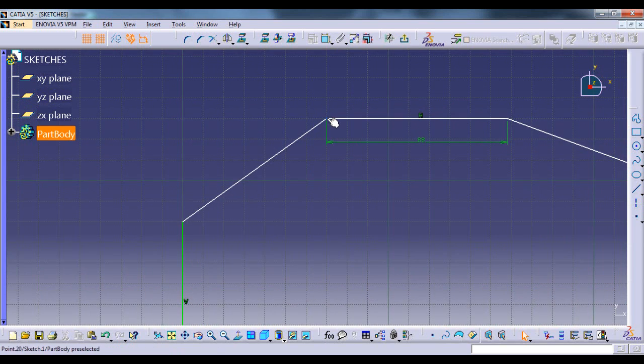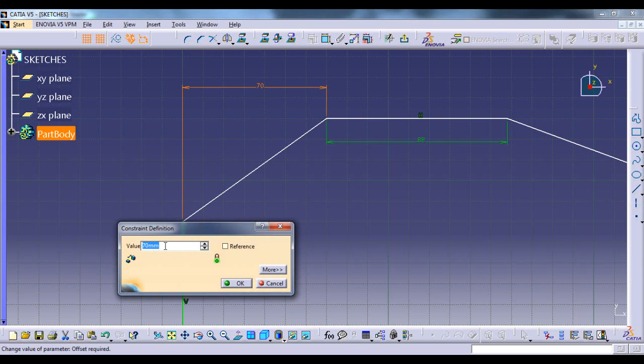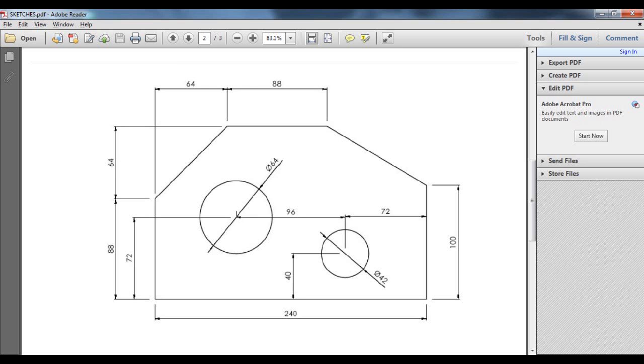We will select the distance between this point and this line. So this point and this line, the horizontal distance should be 64 mm.